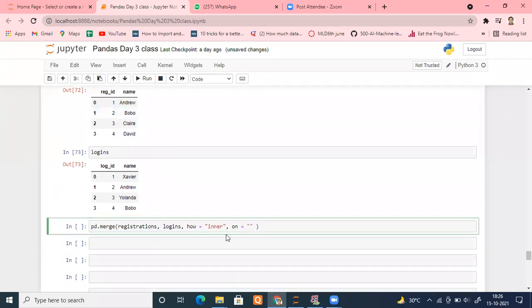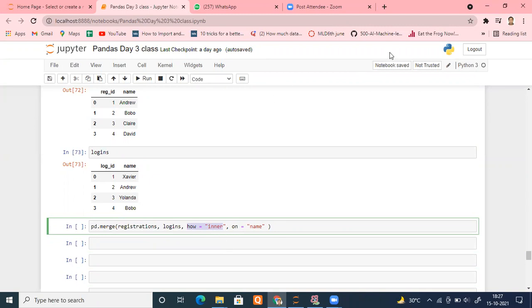It is same, right? So put name there. Just understand my first data frame, my second data frame. You are telling them which kind of join you want. There are 4 kinds of join: inner, left, right, and outer. By default, it will take inner only. Inner basically means intersection.